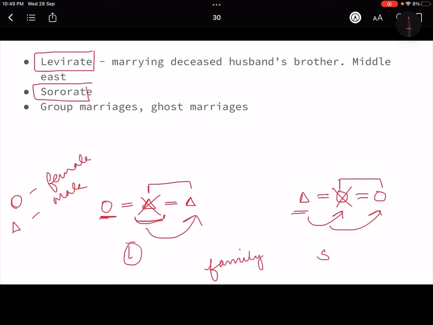For example, what if they have a child? So now if she goes back to her own family after the husband is dead, her child will also go with him. So those family ties, you know, they break. If she marries the younger brother, then in her case, who is going to take care of the child, that part is addressed. You do not need to give the bride price back if there is any, right? The family groups are further strengthened